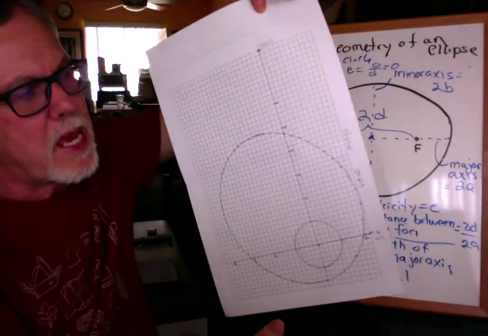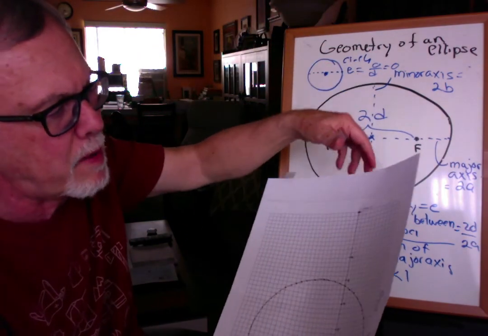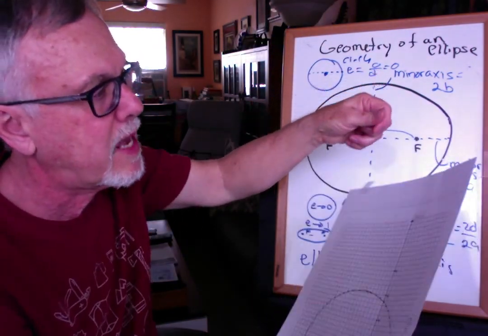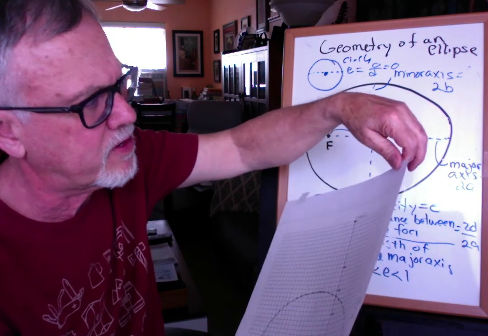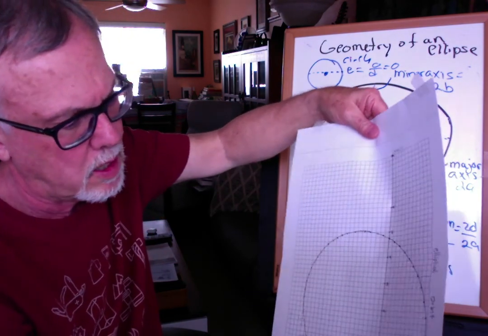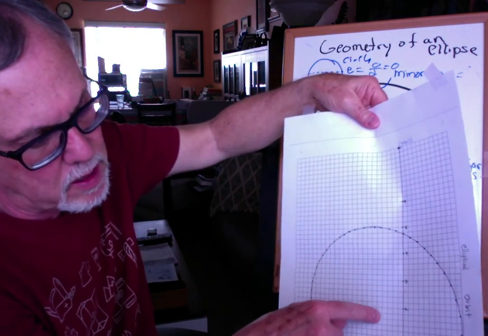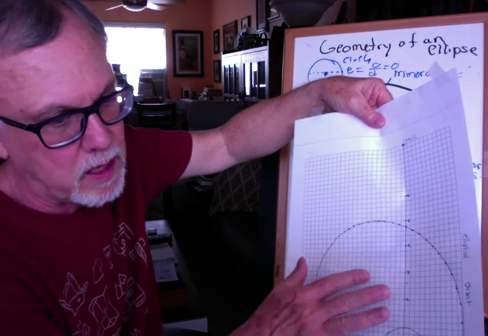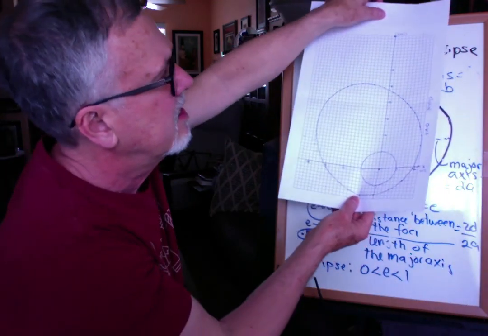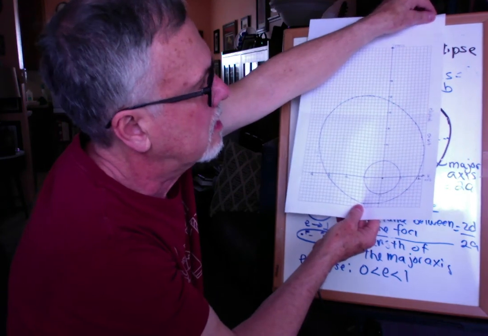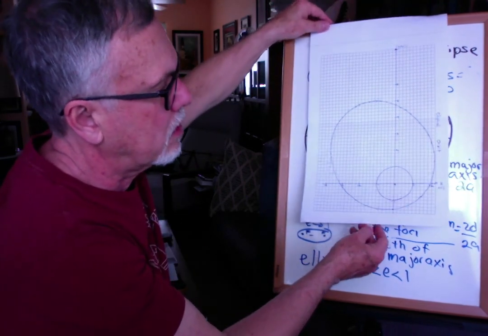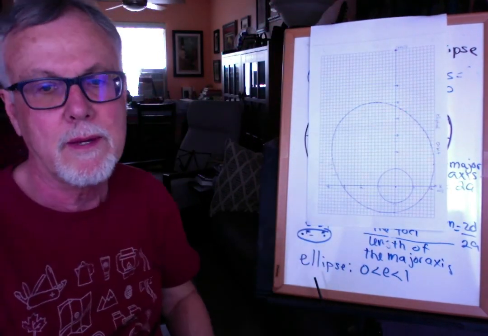Now, it may take more than one sheet of the graph paper where you might have to tape it together. And if so, just be aware that you want things to be lined up properly. If you have to line up a couple of graph papers, go ahead and take a look at that and see what you need to do.